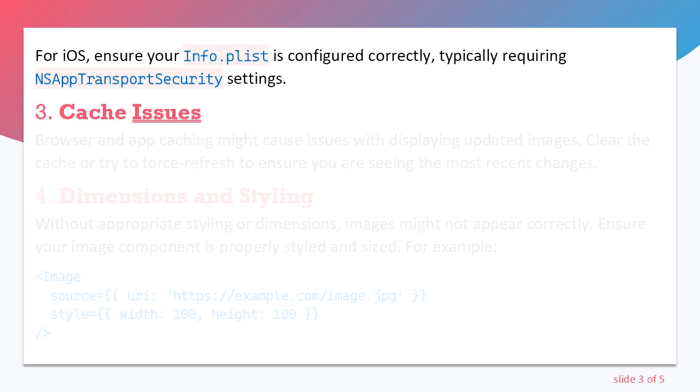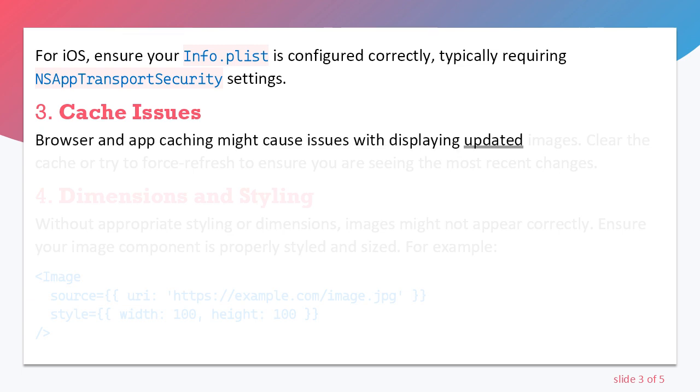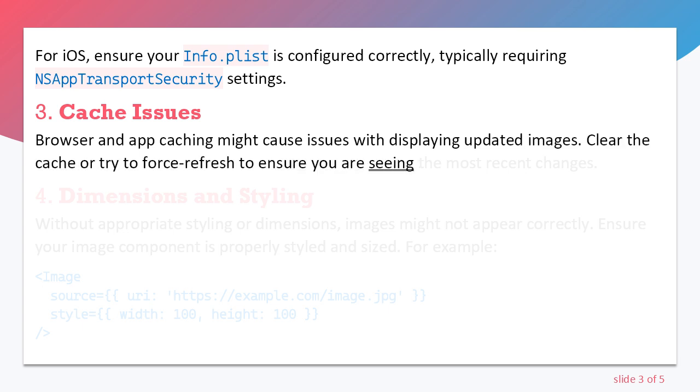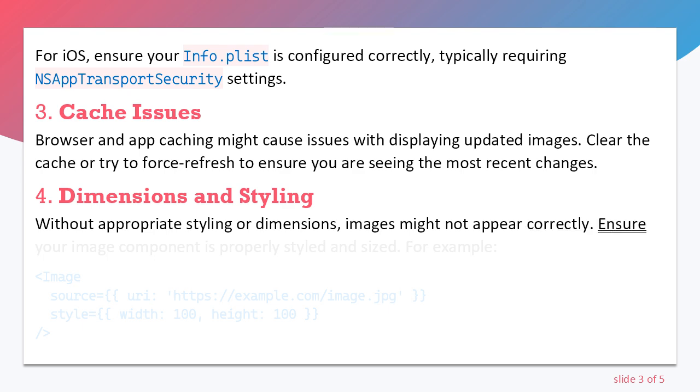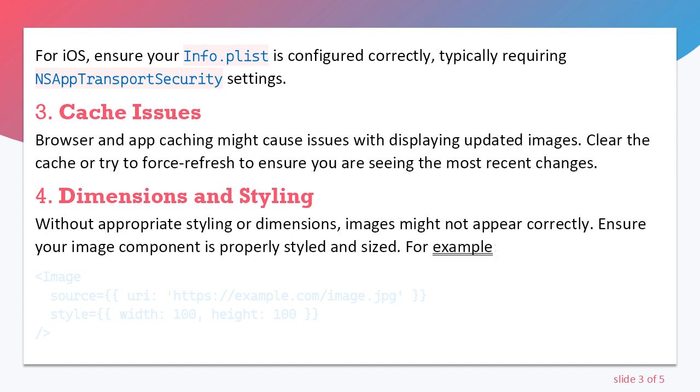3. Cache issues. Browser and app caching might cause issues with displaying updated images. Clear the cache or try to force refresh to ensure you are seeing the most recent changes. 4. Dimensions and styling. Without appropriate styling or dimensions, images might not appear correctly. Ensure your image component is properly styled and sized. For example,